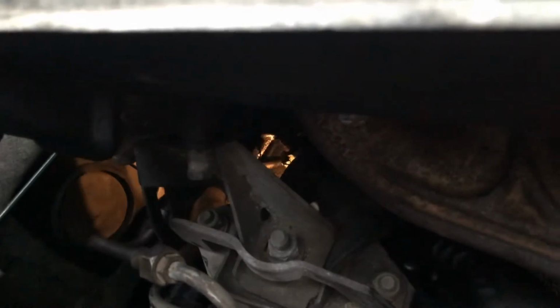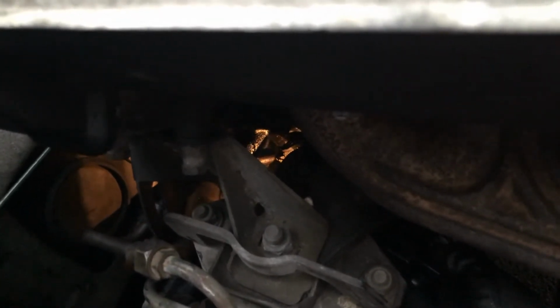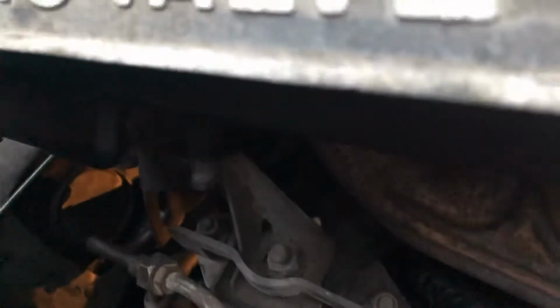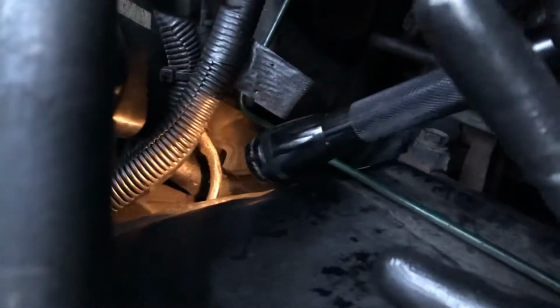I disconnected the power steering hose from there, and the line goes through the back of the engine mount, and it crosses, it goes right here and then follows the trail through here, and it continues here, and then goes under this vent and comes through this hole right in here and connects to the power steering